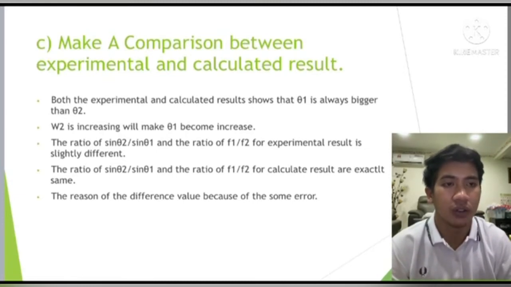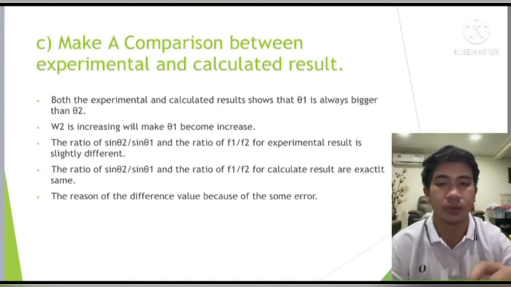The reason for the difference between experimental and calculated results is due to errors during the experiment. One of the errors is when marking the chord position. Besides, this difference may also be due to systematic errors such as friction in the pulley, which will affect the accuracy